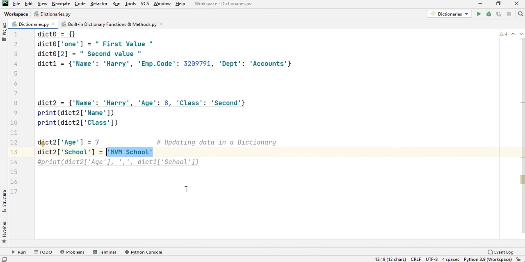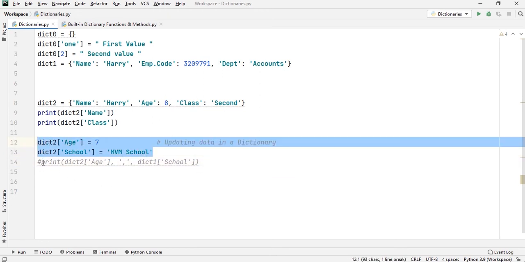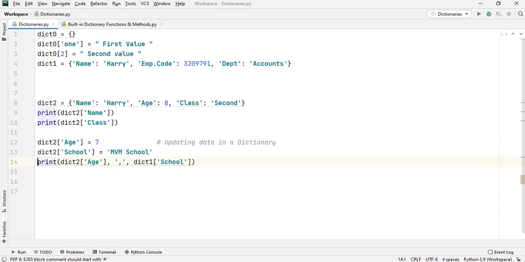Now, if I try to print the age key and the school key, let me show you what happens. I have already updated this too. Now, I will show you by running it. Before that, let me remove this comment. Now, you can see that I am trying to print dictionary 2 key age and the dictionary, it should be dict2 actually, dict2 key school. Now, let me run the program and show it to you.